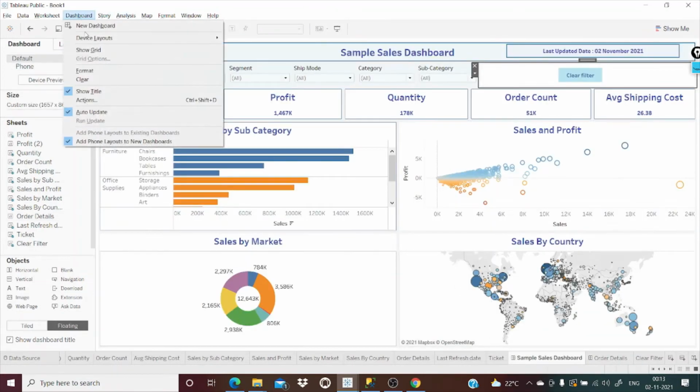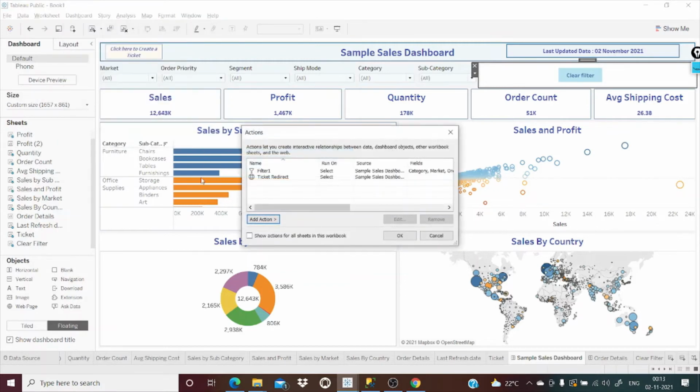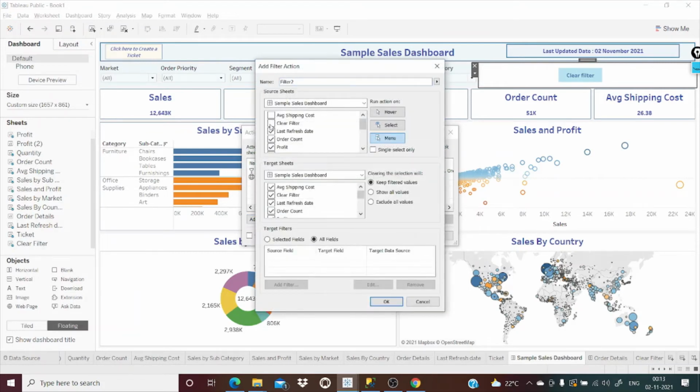Just go to dashboard, actions, add action. In this case also we are adding a filter action, not for when the user clicks any other sheet, only when the user clicks sales by country. Select the target page, order details, all values.